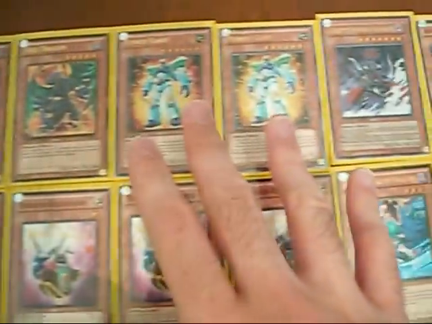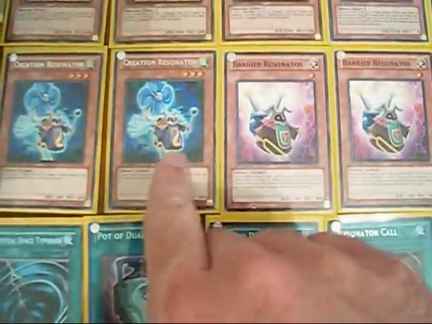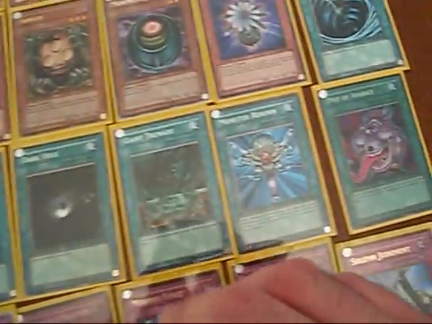Let's begin, shall we? First up, 3 Vice Dragon, 2 Power Giant, 1 Gorz, 3 Axe Dragonoot, 3 Creation Resonator, 3 Barrier Resonator, Blackwing Gale, Sangan, Morphing Jar, and Glow Up Ball for the monsters. Spells, 2 MST, 2 Duality, 2 Resonator Call, Book of Moon, Dark Hole, True Nade, Reborn, Pot of Avarice. And for the traps, 2 Deep Prison, 2 Red Carpet, 2 Solemn Warning, Call the Haunted, Mirror Force, 7 Tools,